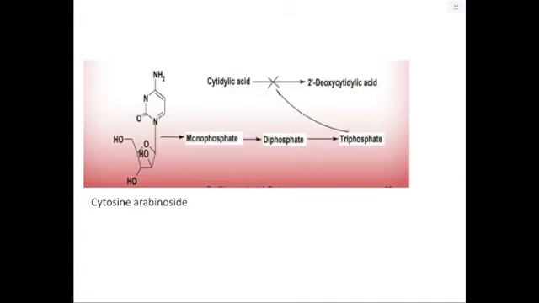So again, it can be changed to the monophosphate. As we have said, it can be changed to the diphosphate, changed into triphosphate, and once it is taken up by the DNA, it will block the continued elongation of the DNA. Of course, it can also be changed to the cytidilic acid, and an excess of that cytidilic acid, in other words this triphosphate, there is a change of cytidilic acid,